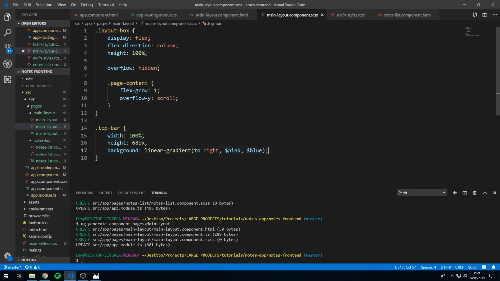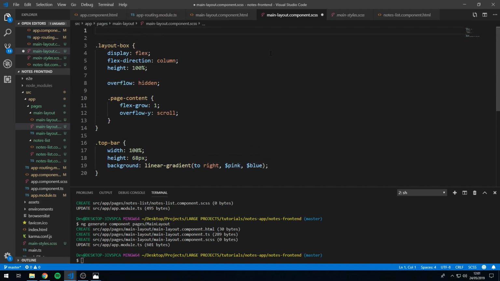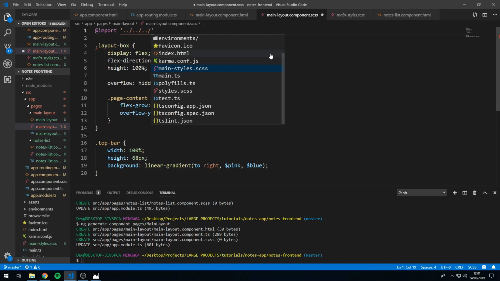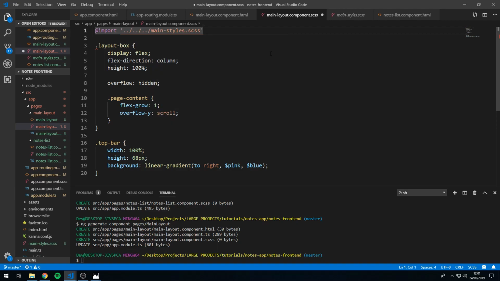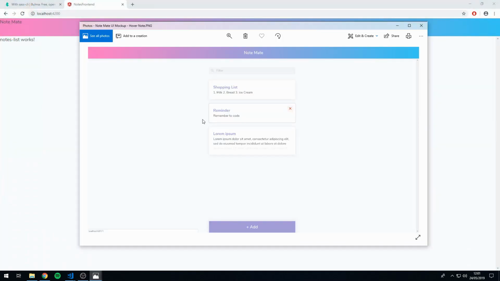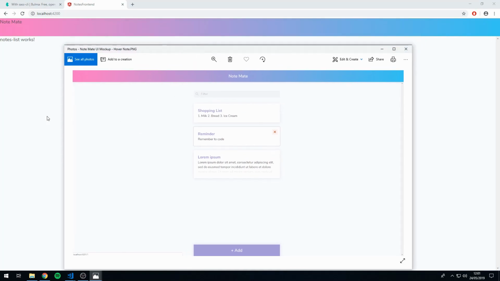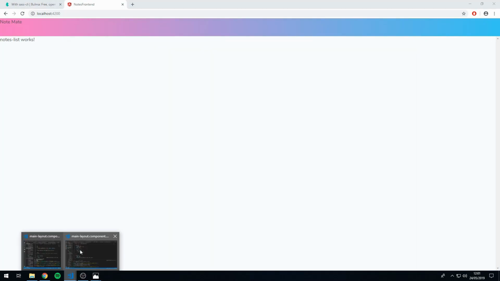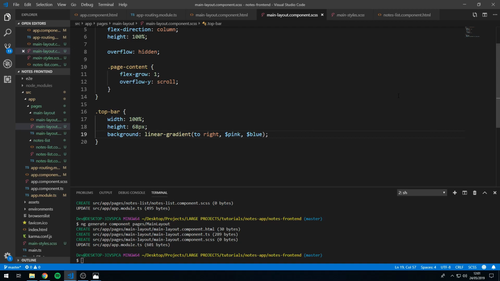So let's go to the top of this file here and let's type in @import main styles.scss. There we go. Let's save this now and let's go back to the app. And now we have this top bar here with this nice gradient, which is the same as the one in our mockup here. Great. So now let's go back to the styles, and here let's set the display to flex,